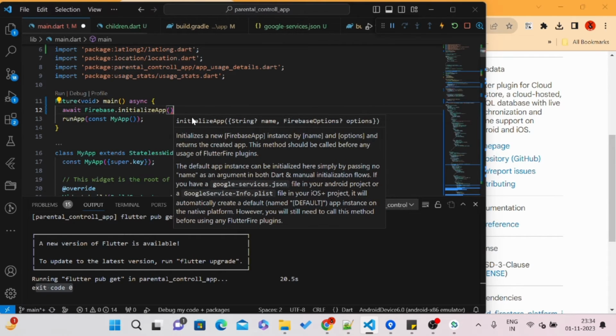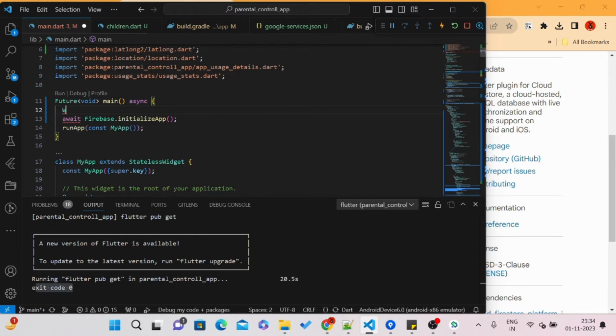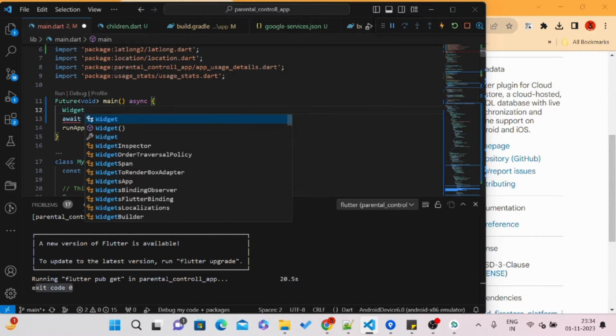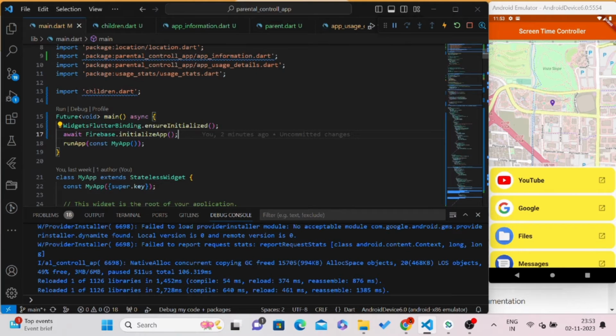Just do this, and before this line we need to call WidgetsFlutterBinding and call the method ensureInitialized. This is very much important to make sure this is going to be initialized at the time of application loading. So let's save it. Now we have successfully done the Firebase project setup and also we have initialized the Firebase